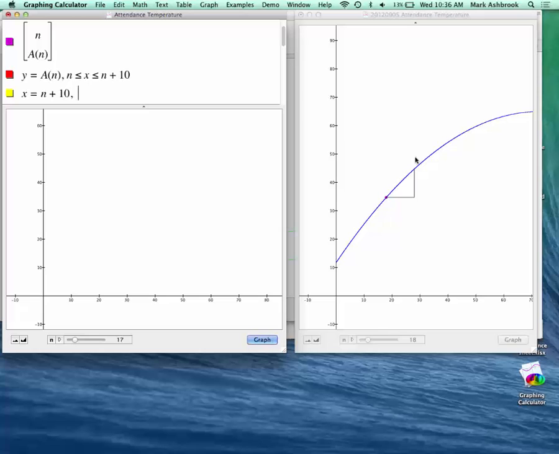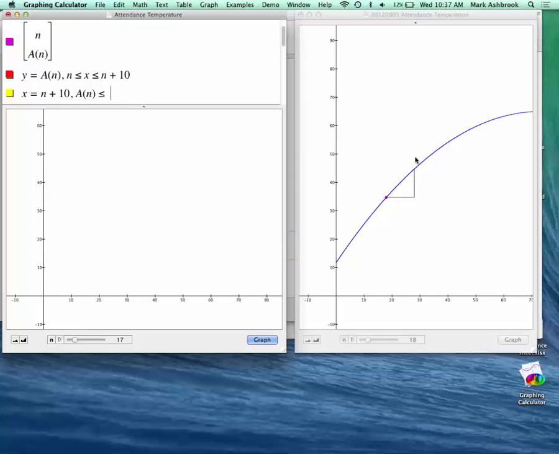So it's starting at a certain lower y value, right? What y value is that? A of n. And then we want to go up to and stop at the y value at the point on the graph, at n plus 10. So this is our a of n y value, and then looking at that point right there, its y value is a of n plus 10. So we're going to go from a of n